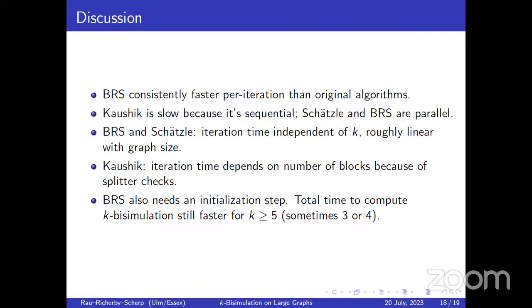So what we actually find is that if you want to compute a 5 bisimulation or more, our algorithm is faster, even including the initialization. If you're computing a 1 or 2 bisimulation, the others were always faster. And there was some point between 3 and 5 where our algorithm